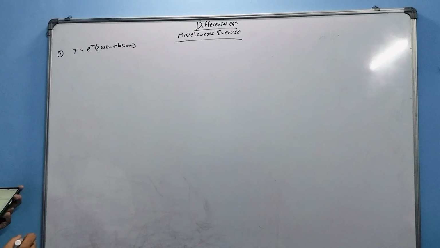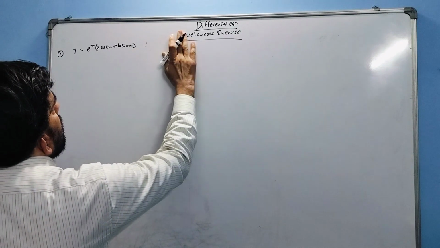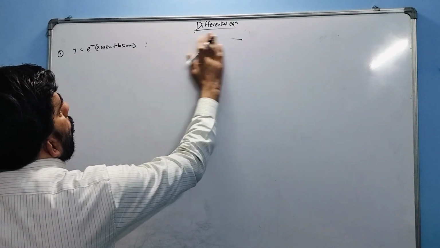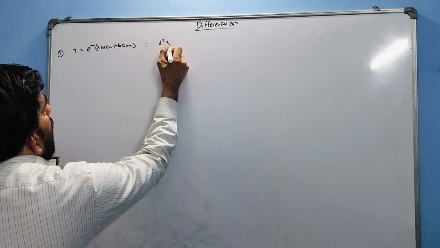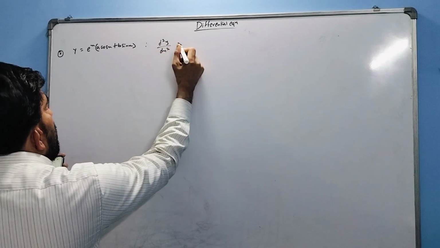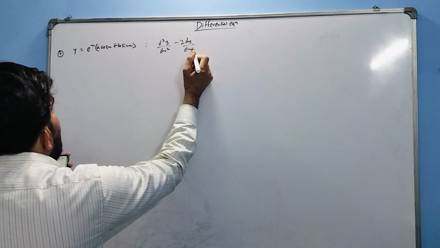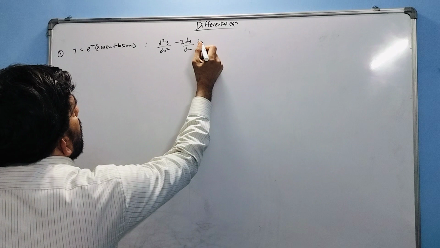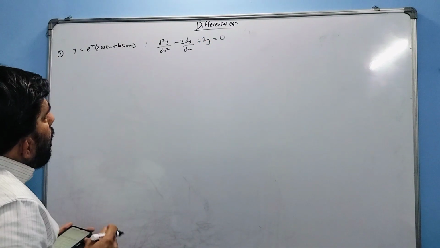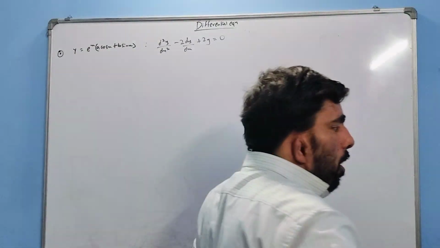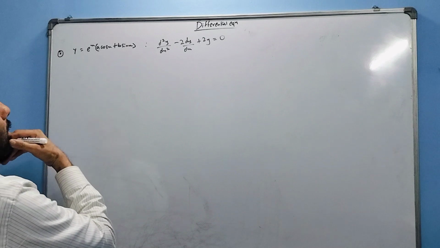Okay, so they have given the equation, that is d2y upon dx square minus 2 dy upon dx plus 2y is equal to 0. Okay, so now we'll try to solve this. How will we solve? First we'll need to find